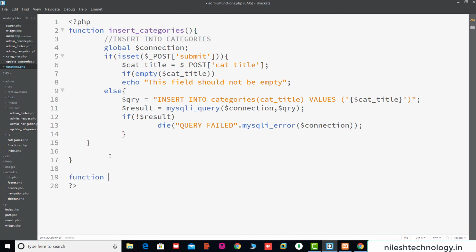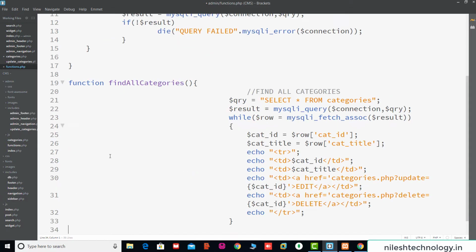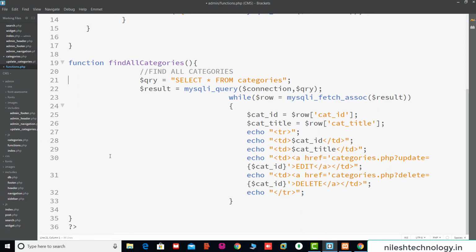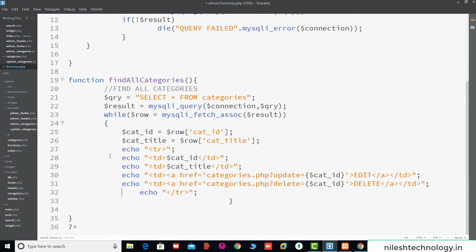The function name is find_all_categories. Here we move all this data. Here we adjust these spaces. Okay, fine.